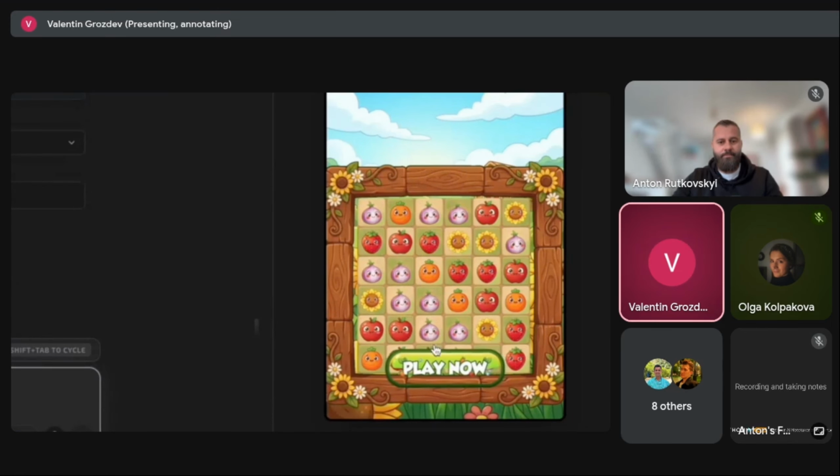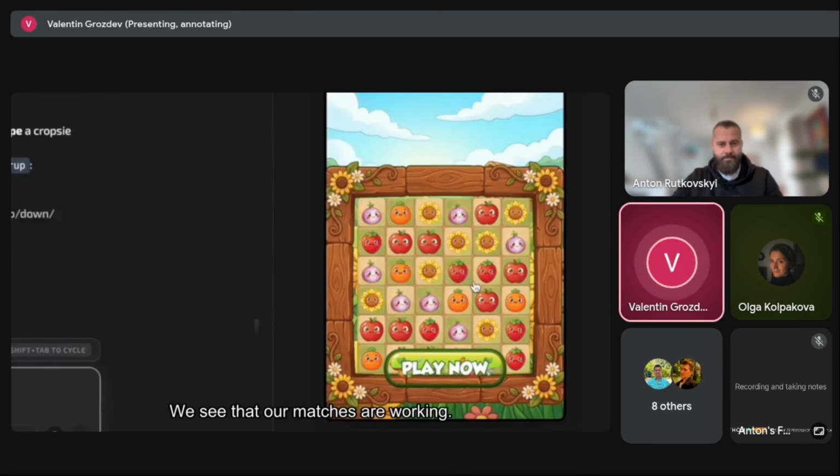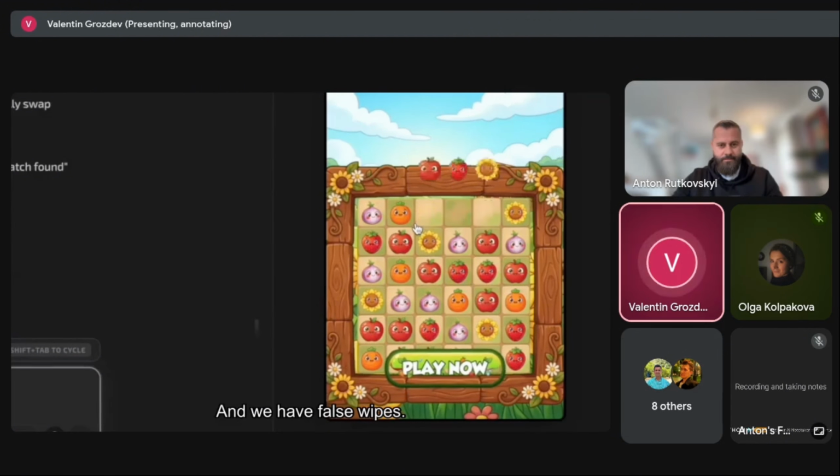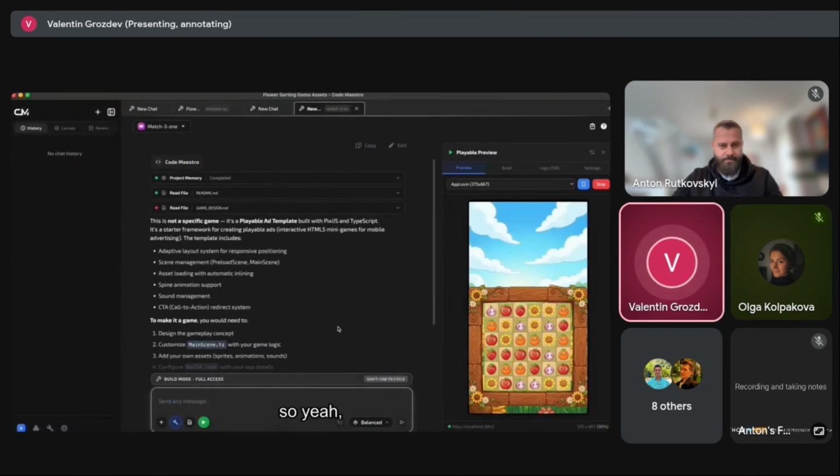Great. We see that our matches are working, and we have all swipes. So yeah, we can continue to develop the game quite a lot, but let's show you how we can export